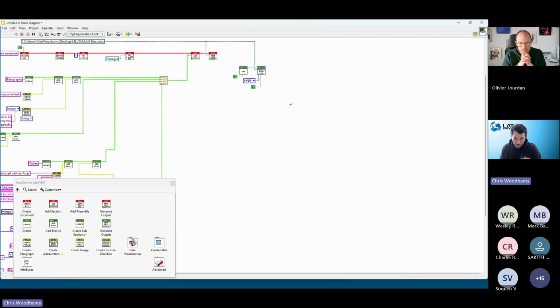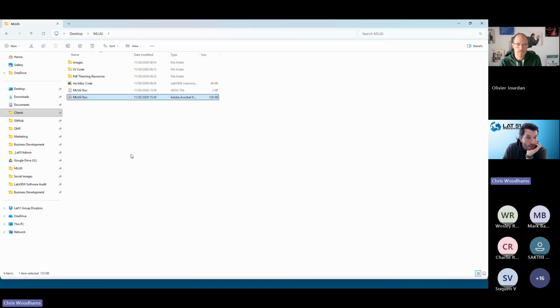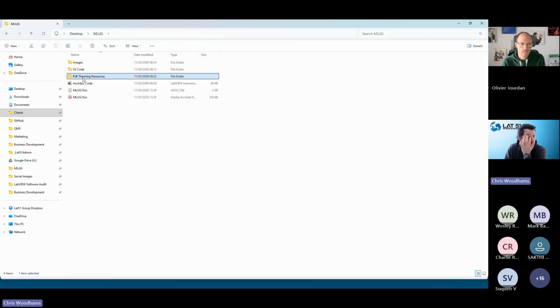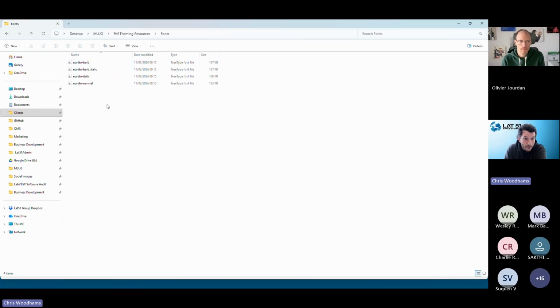So we've obviously seen it create the PDF, so I'm not going to go over that again. But what we've got the ability to do is define themes, and themes can also be made up of customized fonts. So back in my folder structure, I've got the PDF theming resources. In here, I've got a couple of files where it's defining a